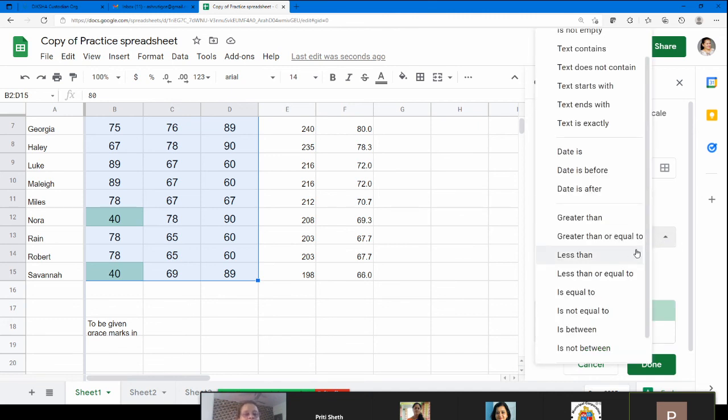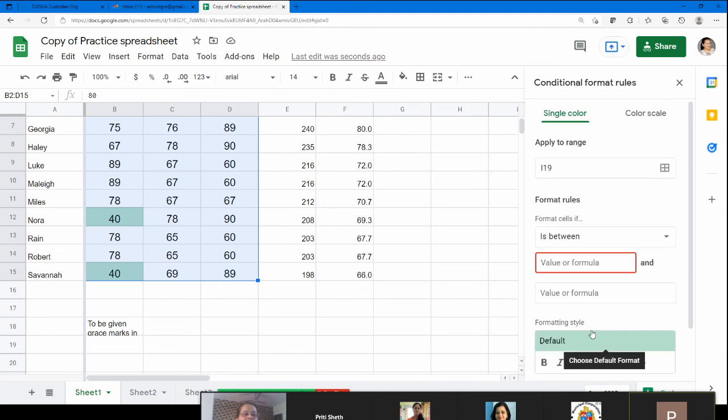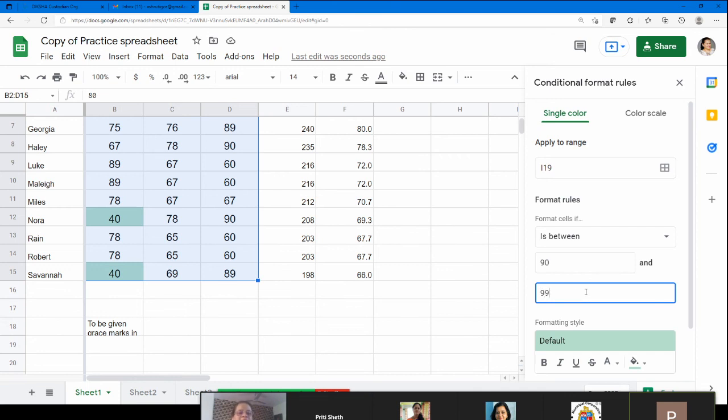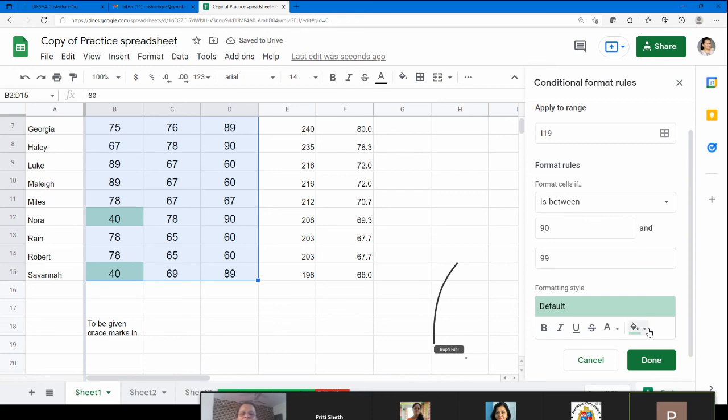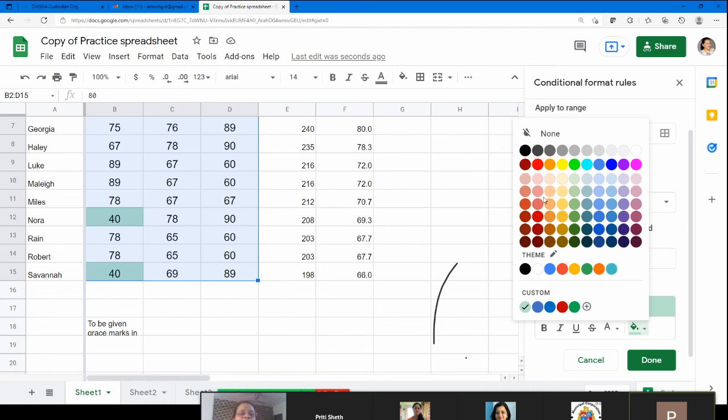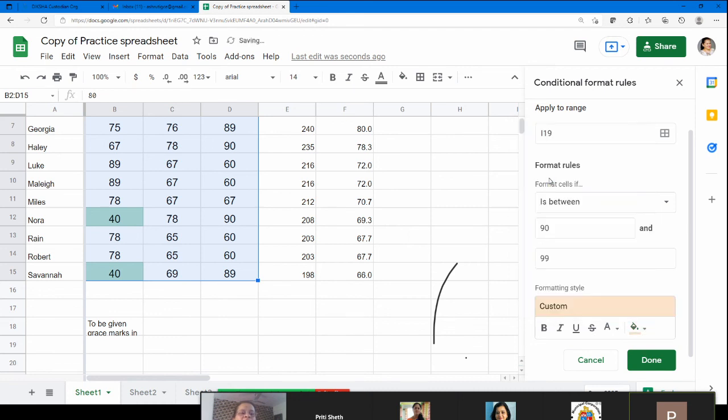We wanted from 90 to 99. Okay, is between 90 and 99. Now we want to change the color. If you want to change the color, you can change the color also. Maybe we want to choose this. Okay, and click on done.